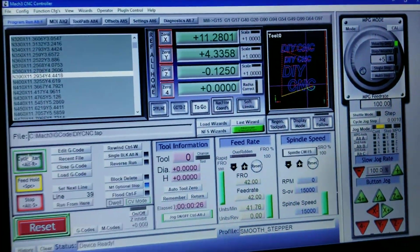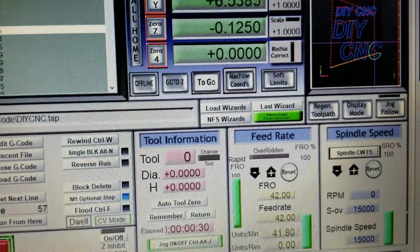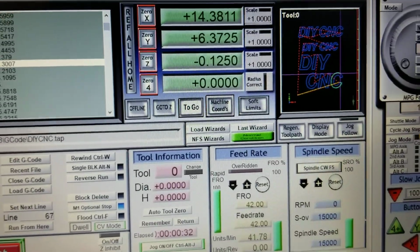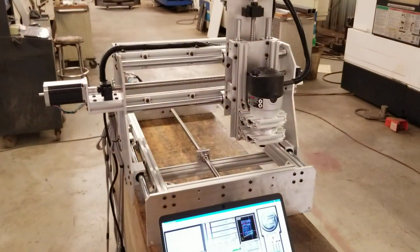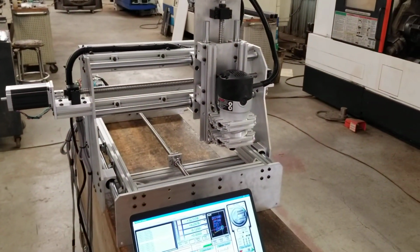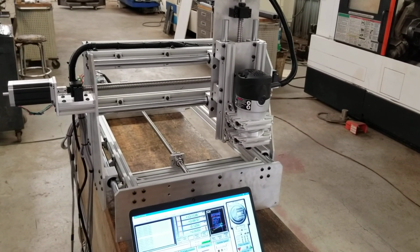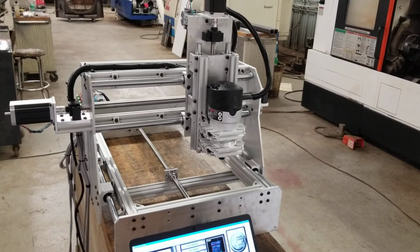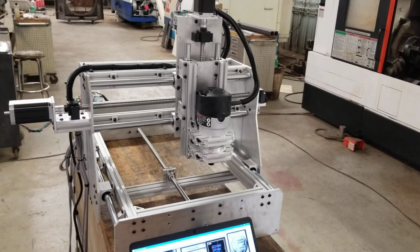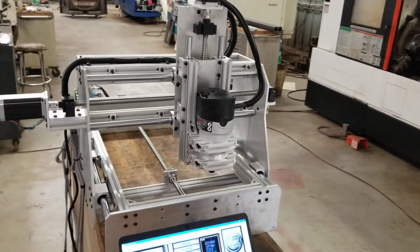So you can see I'm running the program. Right now I've got it set up at 41 inches a minute. We could probably run a little faster than that, I'm just being conservative with it. The movements look nice and smooth, best I can tell. There's no wobble in the ball screws. It seems to pick up and move to the next point pretty snappy for a stepper system. So I think this is going to be a good little table to build parts on,